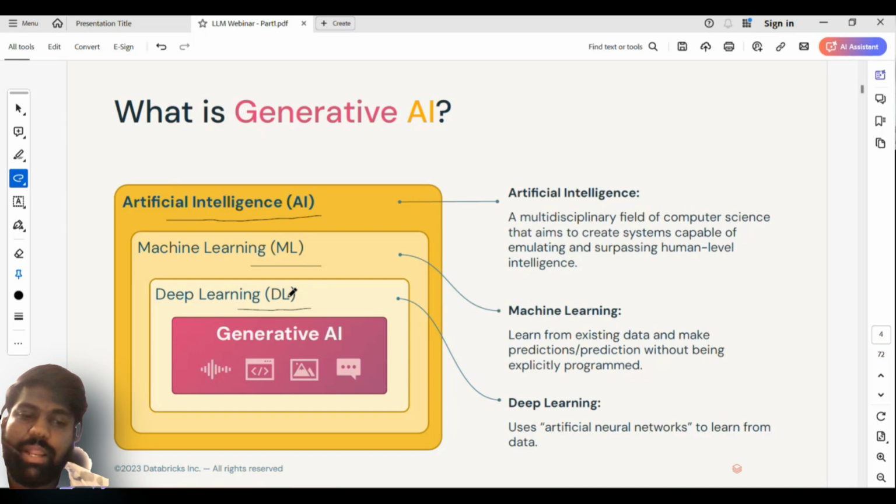Whereas deep learning uses the neurons, the artificial neural networks, to learn from the data. Then what is generative AI? In the artificial intelligence box, you have machine learning, deep learning, and generative AI also. Generative AI is a subset of deep learning, because in the last session I told you, right,